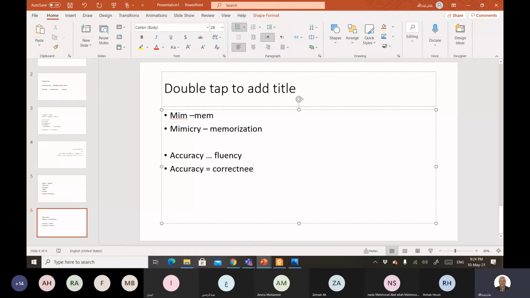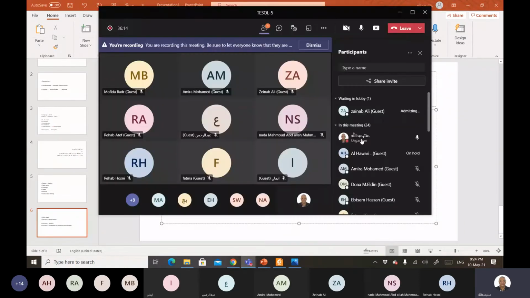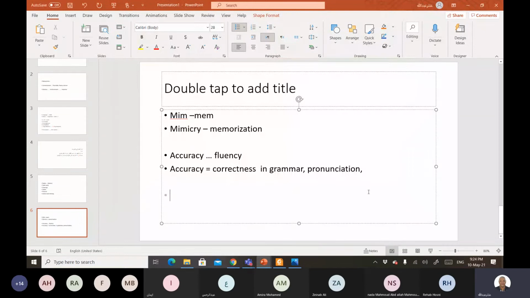Correctness in grammar and pronunciation. So if students make a mistake, the teacher will stop them and ask them to repeat again and again and again till they make the correct pronunciation and they grasp the correct structure. وده يذكرنا بأن الطريقة بتقول إنه قائمة على الاستراكشراليزم، نظرية الاستراكشراليزم اللي هي البنائية البنيوية، واللي كانت بتشوف إن grammar